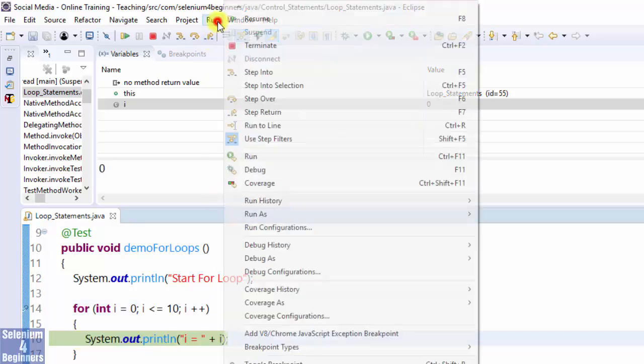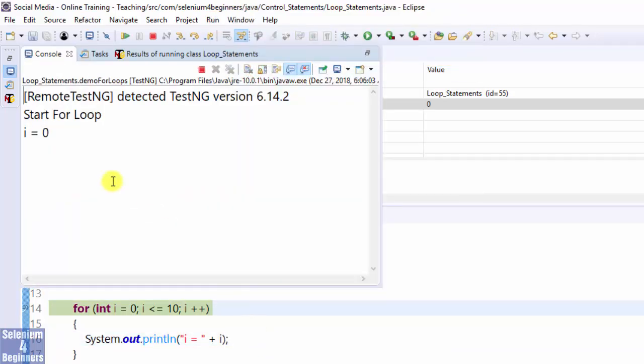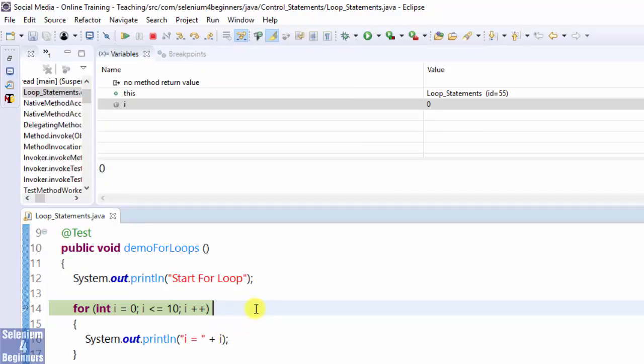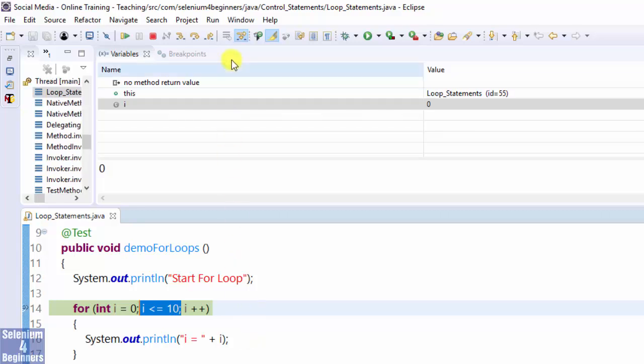Step into, and i = 0 is printed to the console. Execution is back at the for loop. Our program is now finished with the initialization statement int i = 0. From this point, the focus will be on the condition and iteration. Iteration i++ will increment the value by 1, then check the condition and verify if the value is less than or equal to 10. Stepping in,